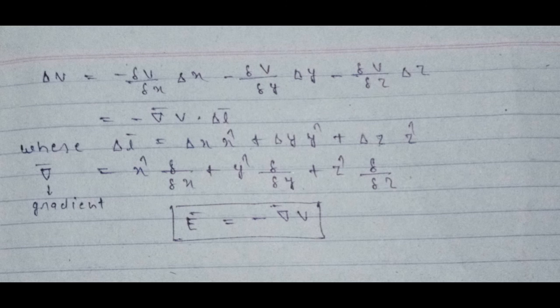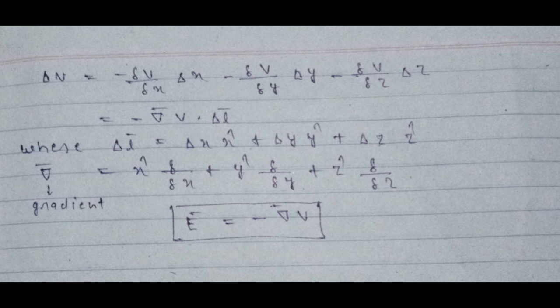I should write a minus sign here because this is minus V2 plus V1. I am going to write this symbolically as minus gradient of V dot delta L,